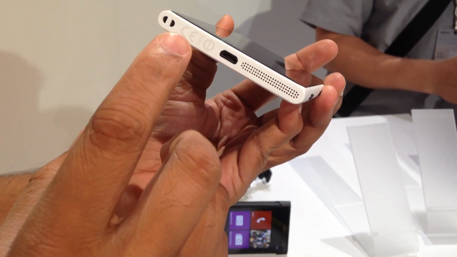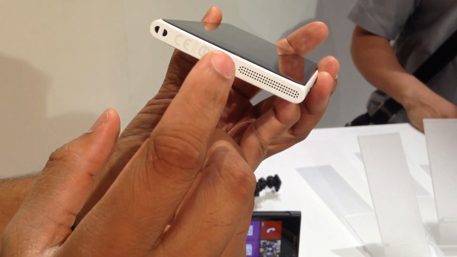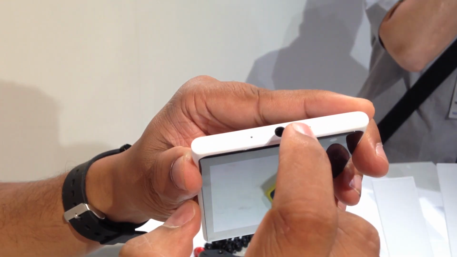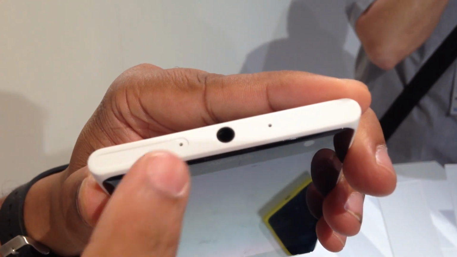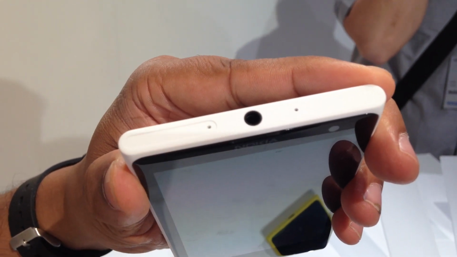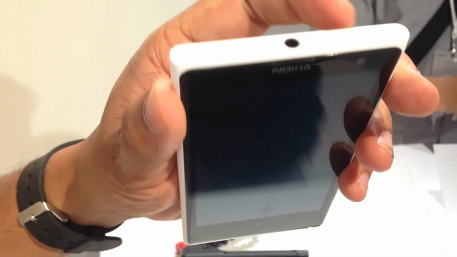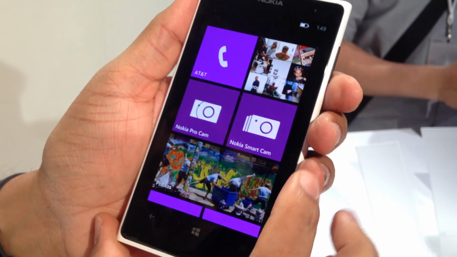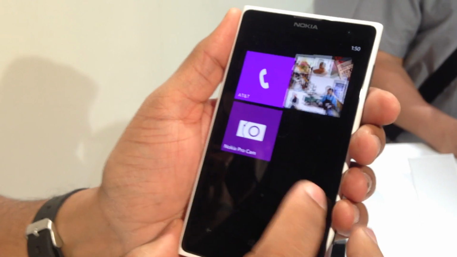The good thing to note here is there is an additional microphone over here, and a microphone on the top as well, which aids in stereo recording. It also comes with the 3.5 mm audio jack and the micro SIM as well. So this is about the specifications. Let's go and take a look at what the program has to offer.